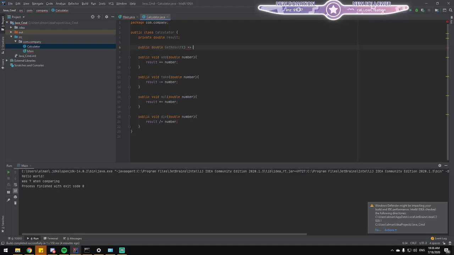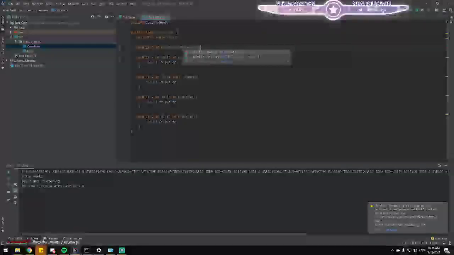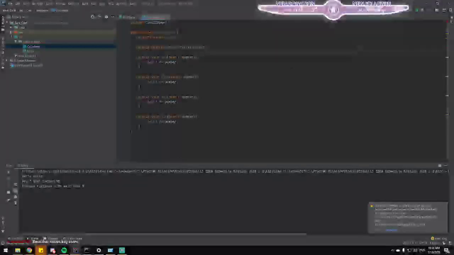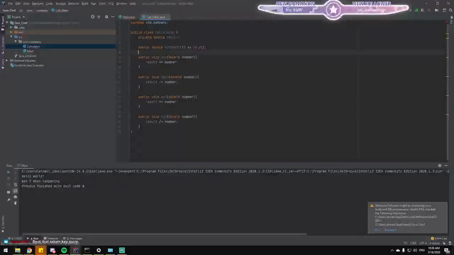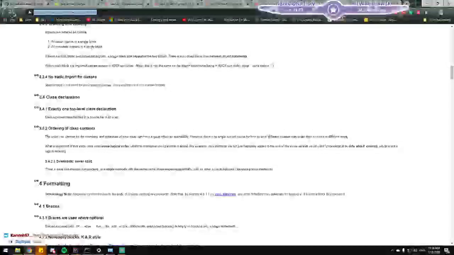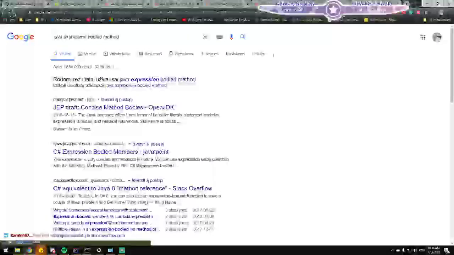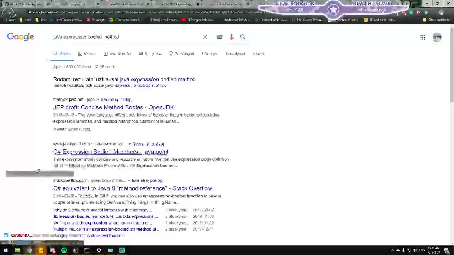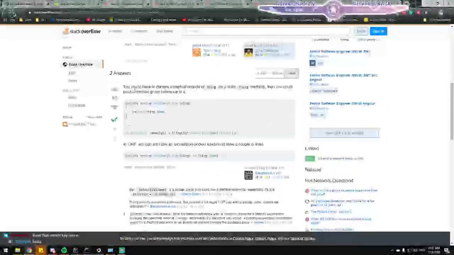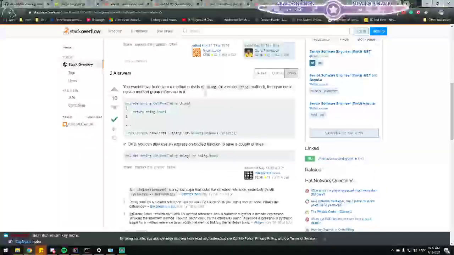And does expression body exist? Does a thing like this exist in Java? Expression bodied method Java. To Java, okay. You would have to declare a method outside of thing or static, then you could pass a method group to reference it.